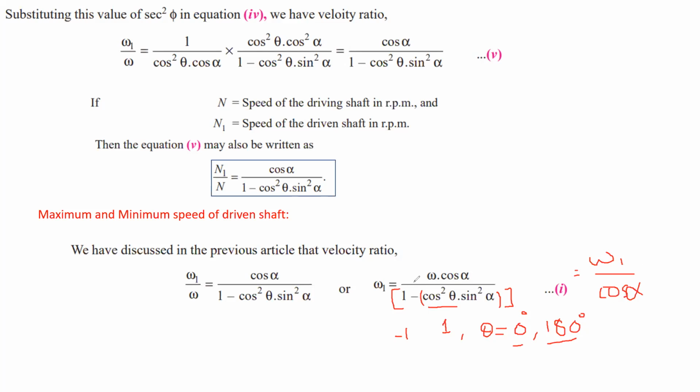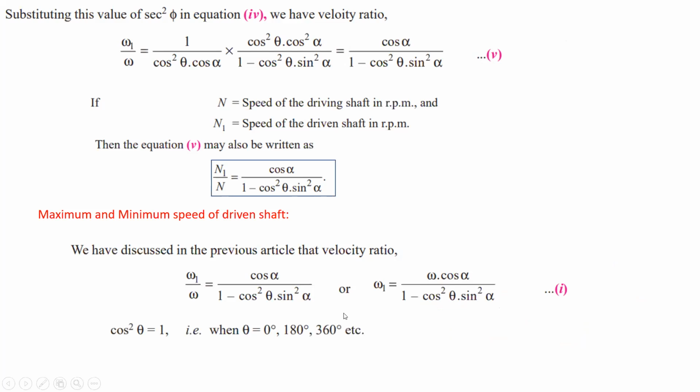At that time also the value of angular velocity of the driven shaft is omega upon cos alpha. Okay, so the same will be explained. I hope that you are getting all this. If not, please ask me to repeat. Understood, sir. Okay, so the same is explained here, that when theta is equal to 0 degree, 180 degree or 360 degree, at these angles,